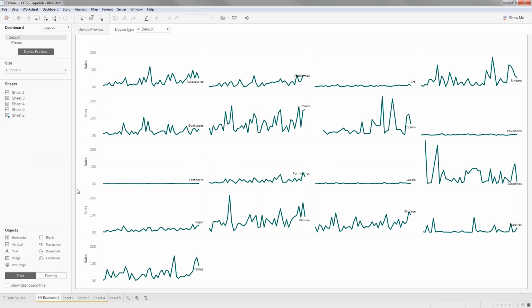So let's also explore why it's not possible by default in Tableau to create a chart like this. First of all, let's see what this chart is. This is built on our sample superstore data, and we have a normal grid. In each box of the grid we have a line chart, and each box represents a certain subcategory: accessories, appliances, art, and in sample superstore data we have 17 of those subcategories, so we have 17 boxes in the grid.